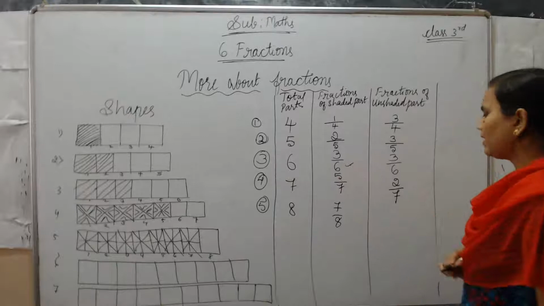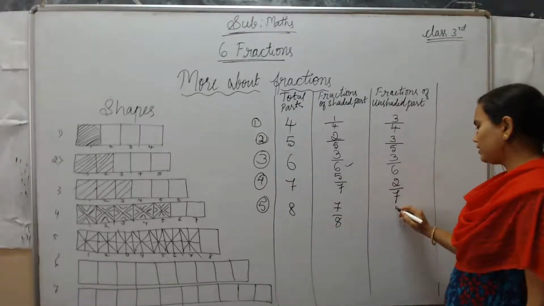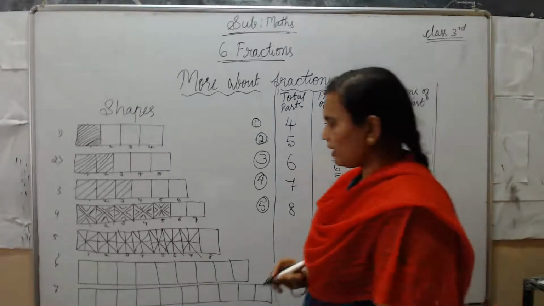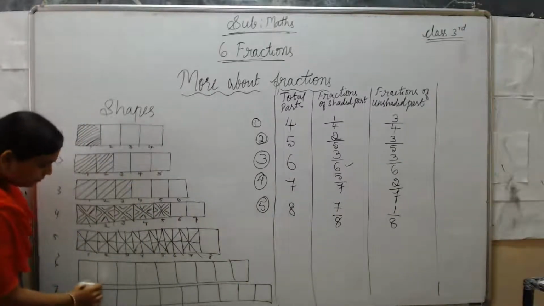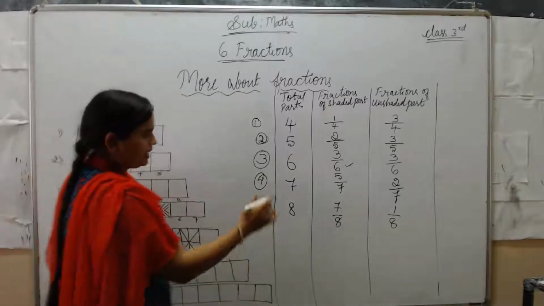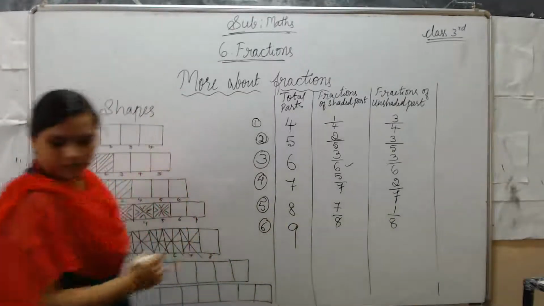The fraction of the unshaded part: 1 part is not shaded. It's 1 by 8. In the next shape, how many parts are there? 1, 2, 3, 4, 5, 6, 7, 8, 9. 9 parts are there. Can shade